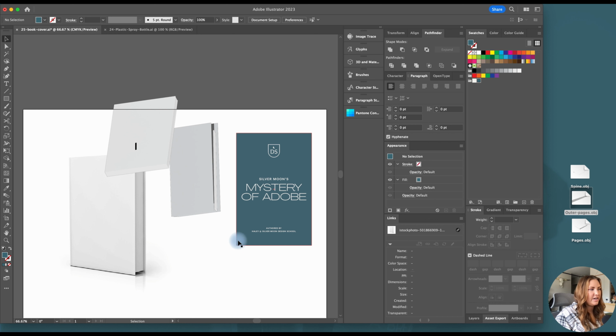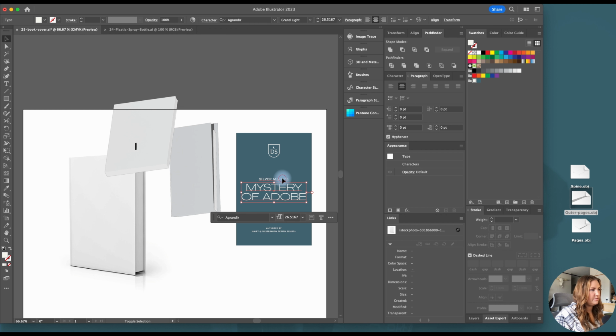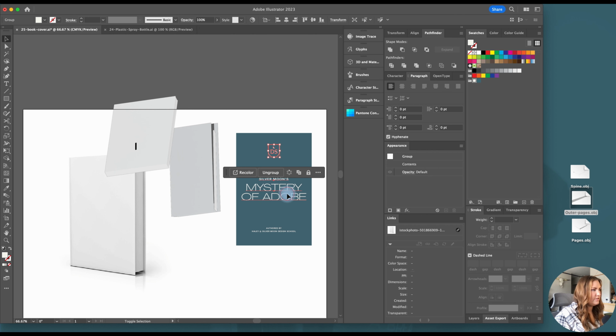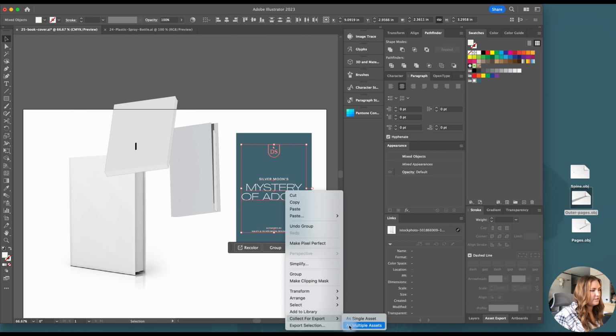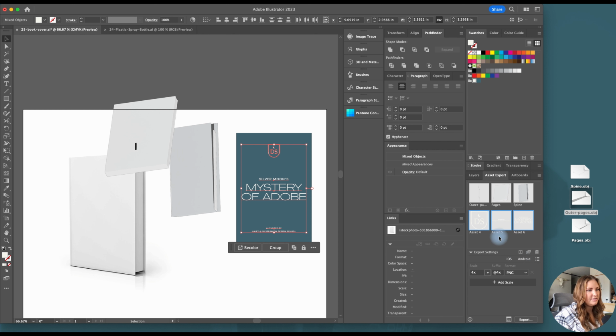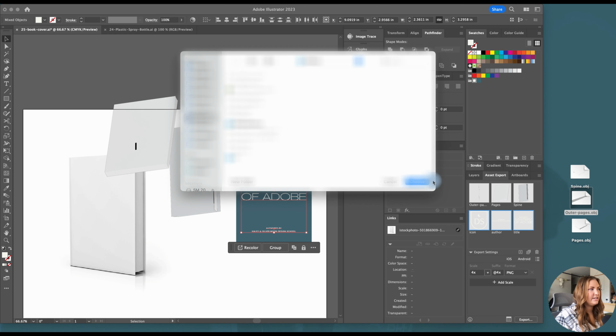So what I've done here is I've created a quick book cover and I've added some graphics. So what I'm going to do is group together the different pieces. I'm going to select these, right click, click export as multiple, but this time we're going to choose PNG. So I've got my icon, I have my author note, and I have the title. I'm going to show you how to do this version where you just have text on a color background, and also show you how to save out an entire graphic. So if you had a really colorful, full illustration book cover, I'll show you how to do that next. But we'll just start with this version. So exporting,